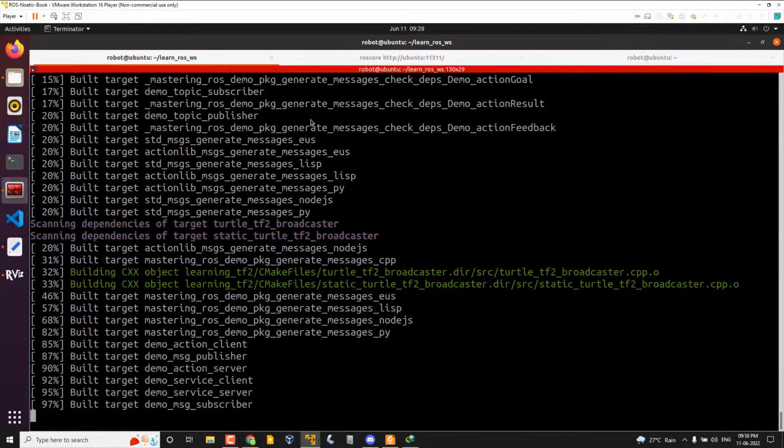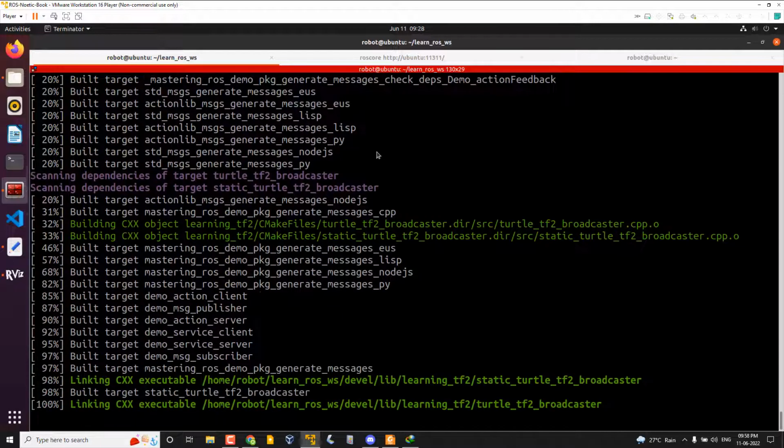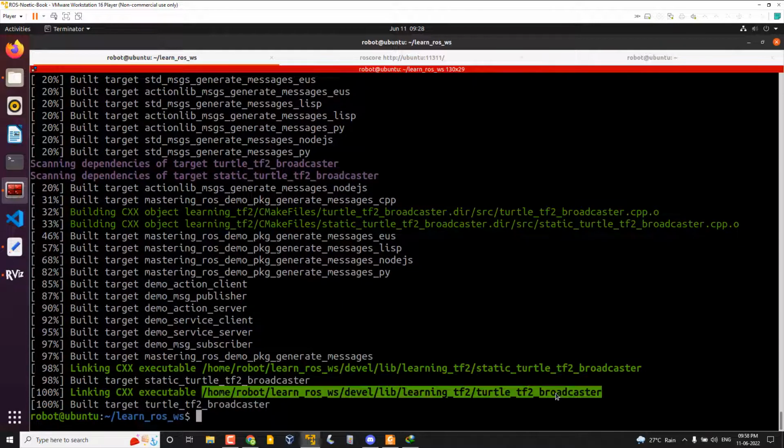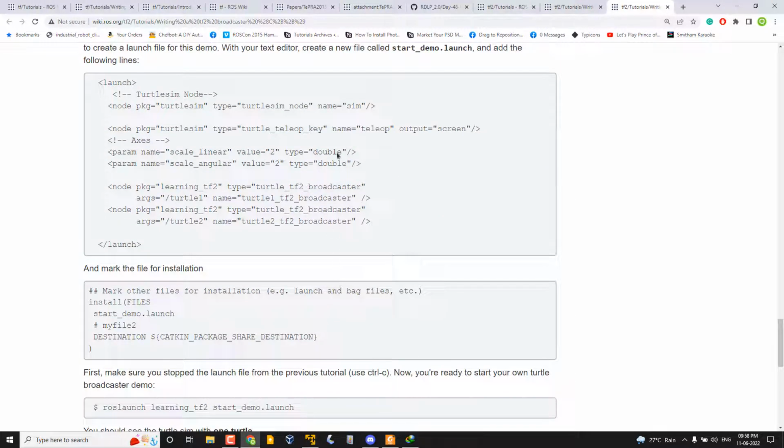Okay, so it is building. Yes, it has actually built the turtle tf2 broadcaster. Okay, and now they are showing a launch file to start these nodes. So I can